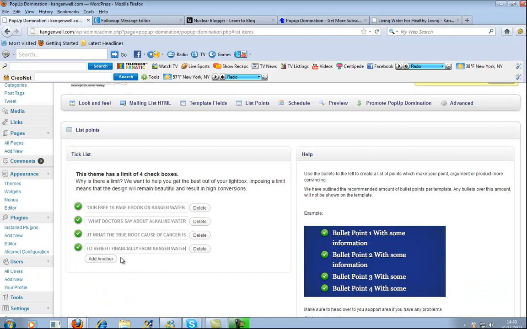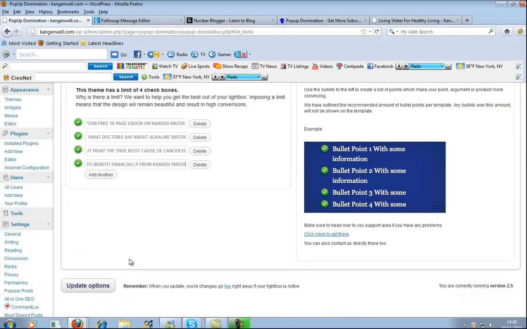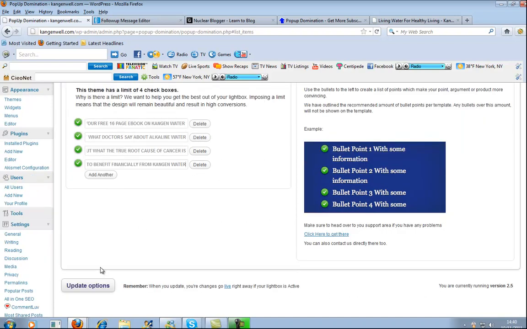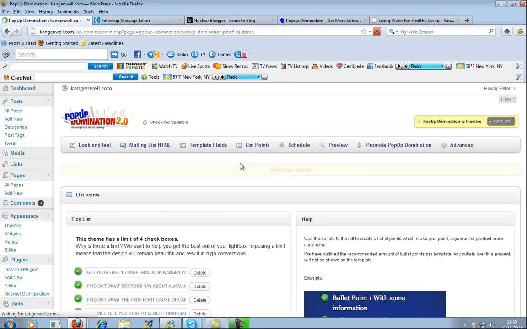And these are the benefits, bullet points benefits of why people should join your list, and so make them stand out and say and do what you want people to hear, to share value with them, to explain why they should go to you and nobody else. So you just update the options,